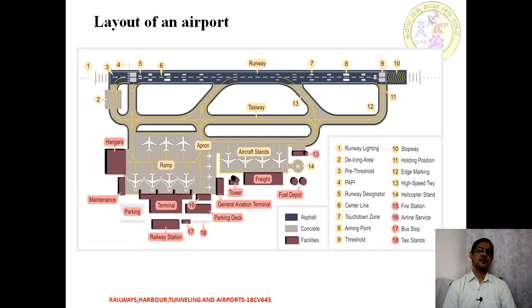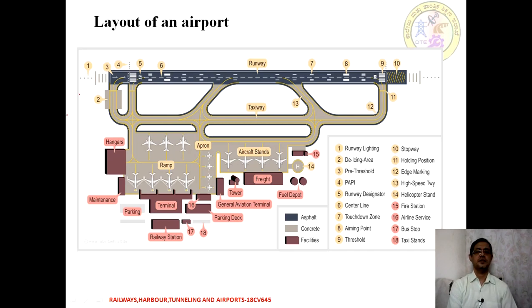As I said, there are different components of an airport. More or less we adapt all those components depending upon the purpose it is going to serve. In this image we can see the layout of an airport. This is a typical image. We should not say that it has to be followed; depending upon the topography, size and purpose of the airport to be designed, we provide these elements or components. So the image is going to be clear.